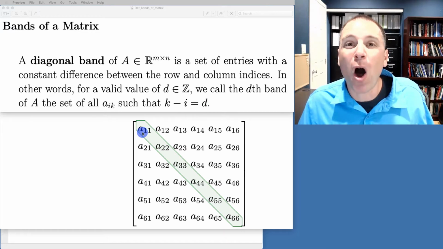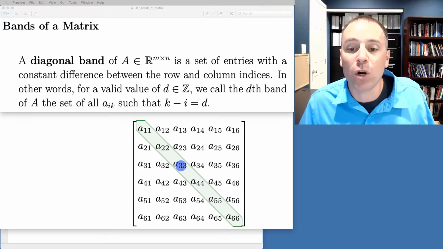So for example, on the main diagonal element, row 1, column 1, 1 minus 1 is 0. So we say that that is the 0 band of that matrix. Notice that forms an entire diagonal band because 2 minus 2 is 0, column index 3 minus row index 3 is 0, all the way to the end, 6 minus 6 is 0.